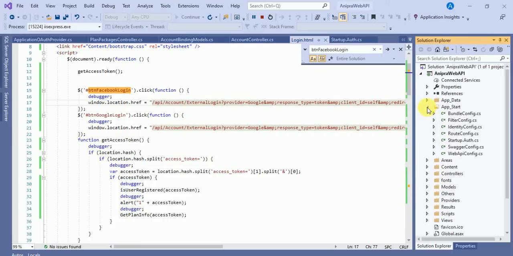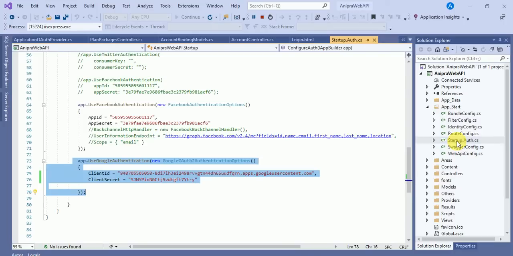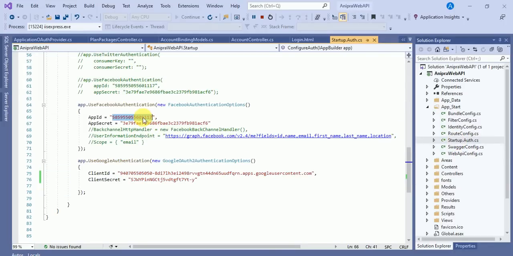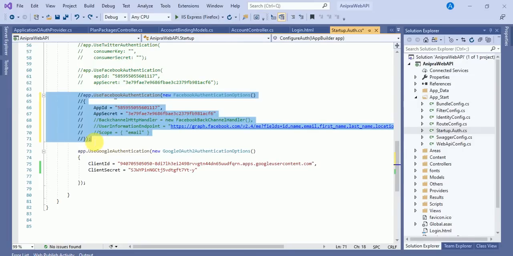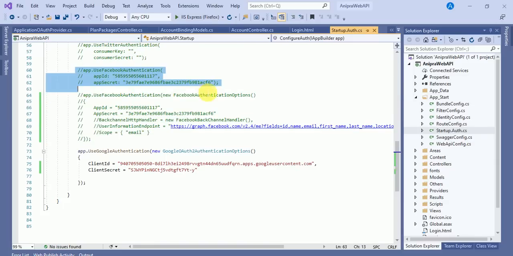In App_Start, in startup.auth, we have to type our app ID. We have to stop our application. I will comment out this and uncomment this. Here I will type it.